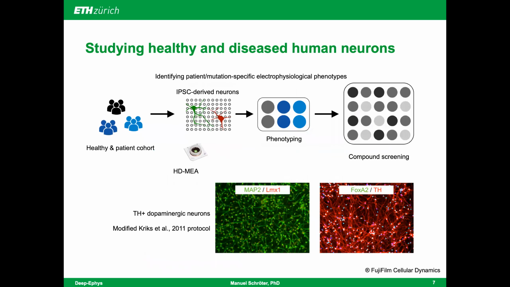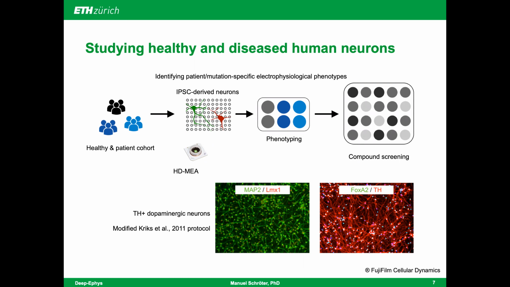For our SDSC project, we focused on HD-MEA recordings from human neurons generated through cellular reprogramming from induced pluripotent stem cells, short iPSCs. In a nutshell, the idea was to use recordings either from a healthy control or from a line with a genetically engineered disease mutation, and to look for mutation-specific electrophysiological phenotypes that downstream could eventually be used to screen for disease-modifying compounds.